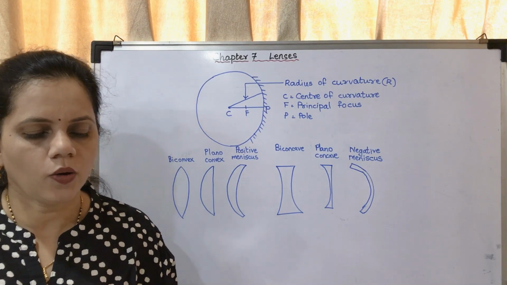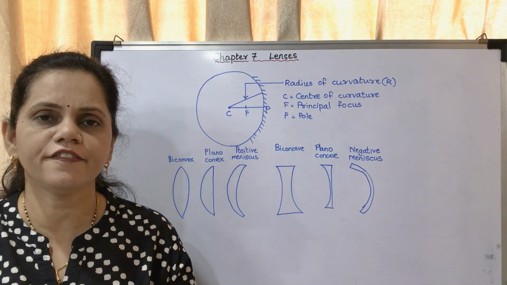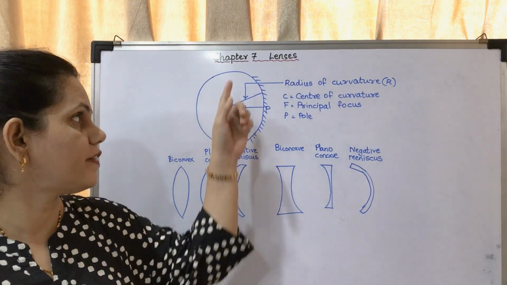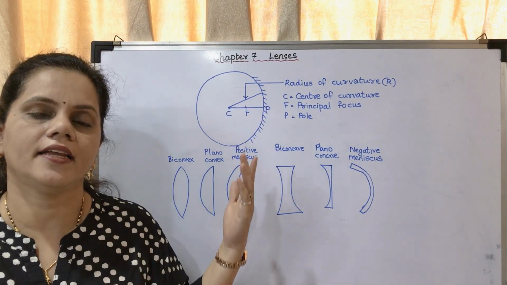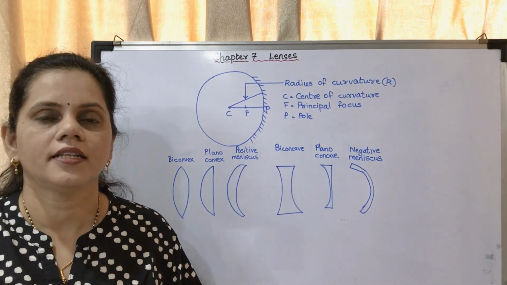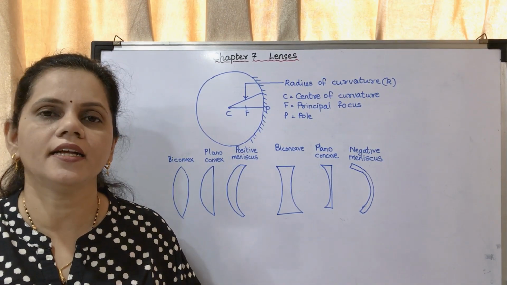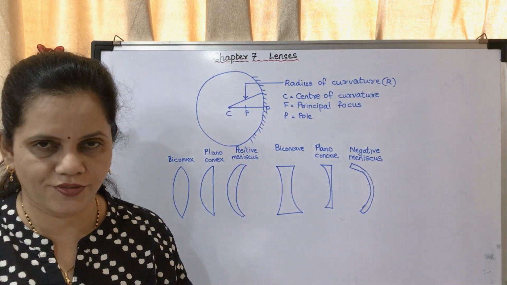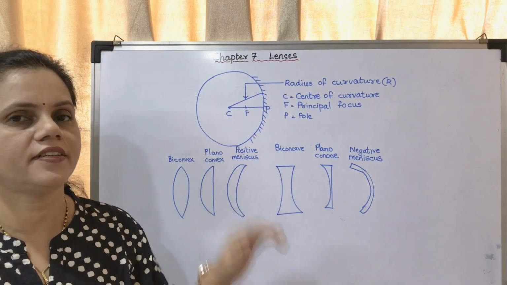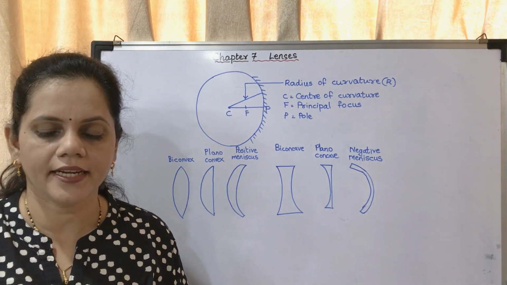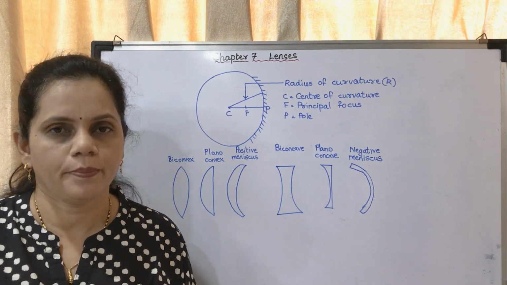How are concave and convex mirrors constructed? If you cut a part of a glass sphere and the outer surface is painted and the inner surface is the reflecting part, then it is a concave mirror. Again, if you cut a part of a glass sphere, and the inner surface is painted and the outer surface is the reflecting part, then it is a convex mirror. So this is about the revision of mirrors.